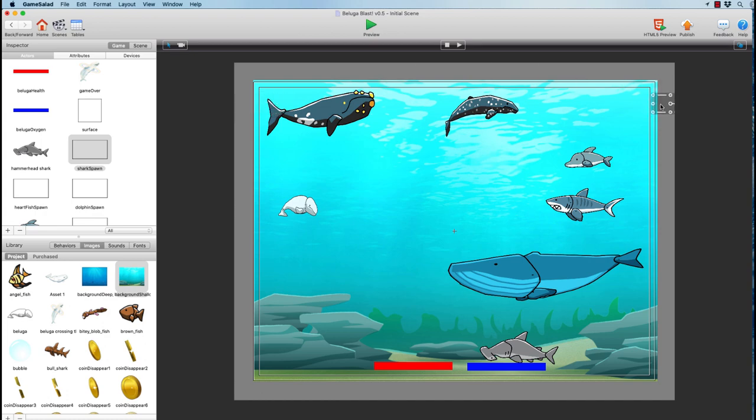So what's going to happen now is this shark spawn zone is there. And as the game progresses, every 15 to 25 seconds, a shark will spawn in beginning at 1024, which is this area here, and somewhere between 15 pixels and 700 pixels. So anywhere randomly, every 15 to 25 seconds along this line, that shark will appear.